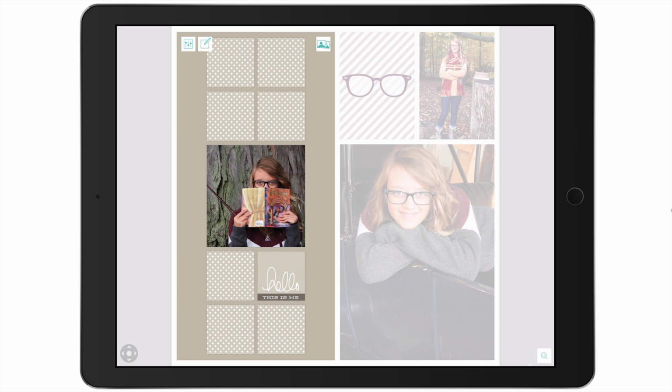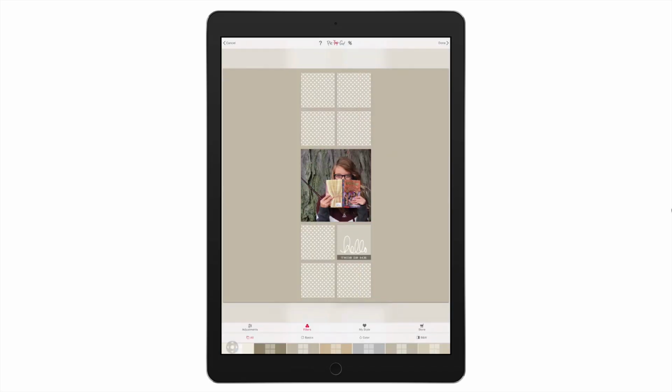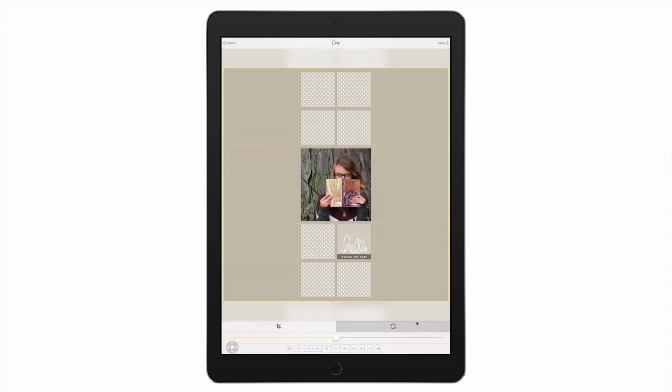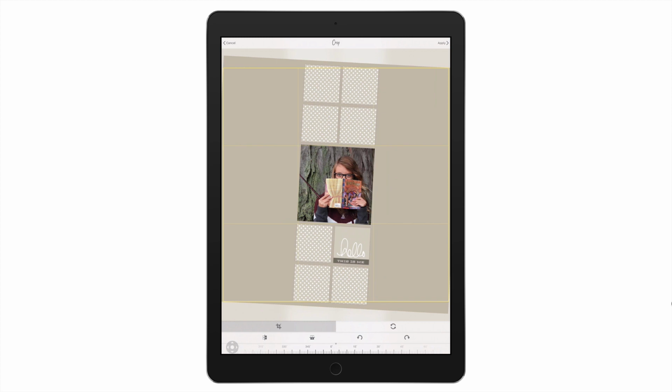Now what I want to do is rotate this particular picture in this large area. So I'm going to tap on my photo editing tools here, and I'm going to edit this in Pick, Tap, Go. I'm going to move my screen, and up here at the top you will see this little crop tool. So I want you to tap on that crop tool, and then you have this rotate option down here. So we're going to tap that, and when you do that, you can see that there is a rotate tool at the bottom where you see the numbers, and when you slide it to the left or the right, it's going to rotate